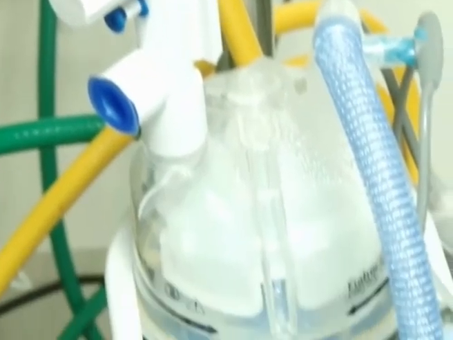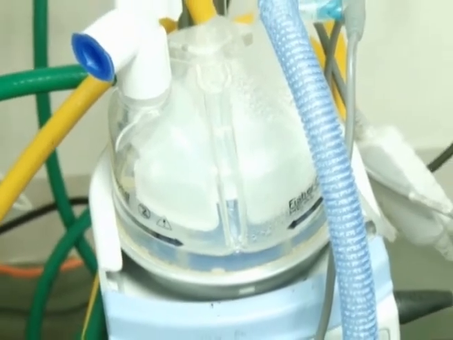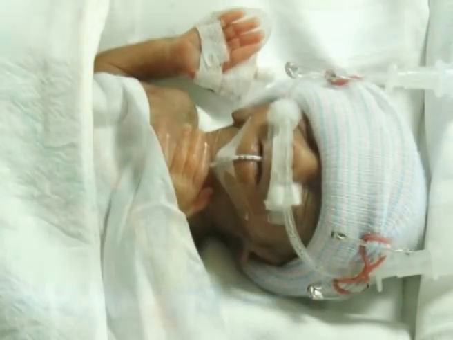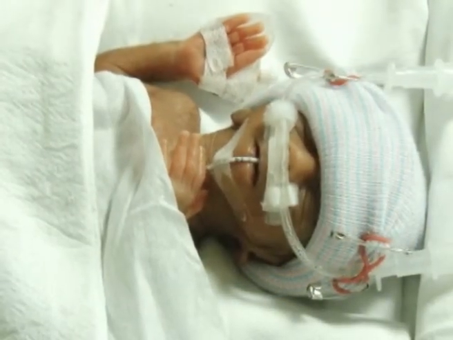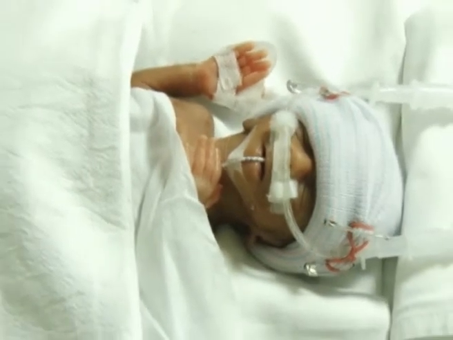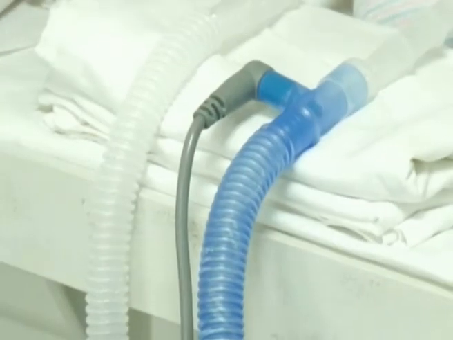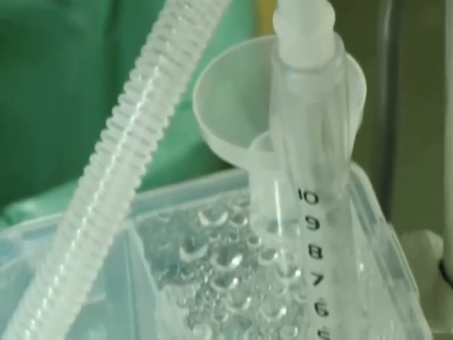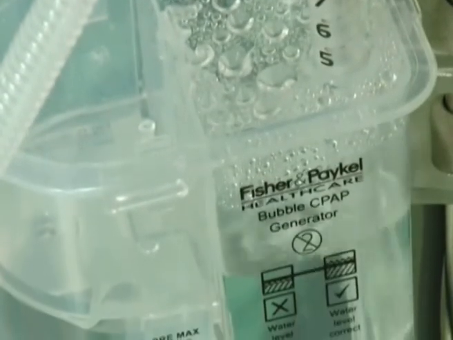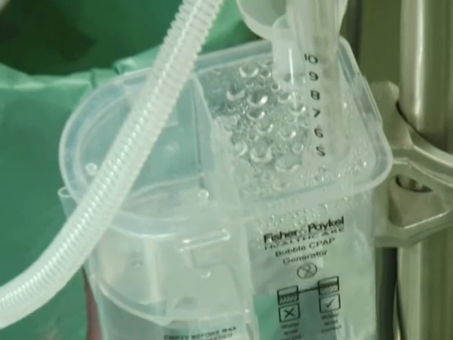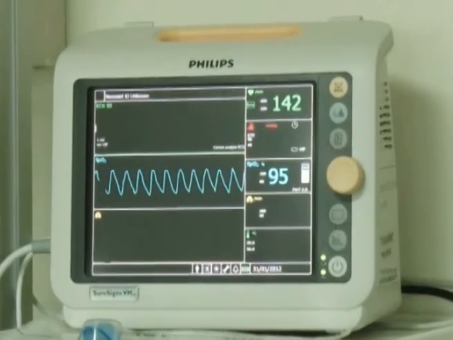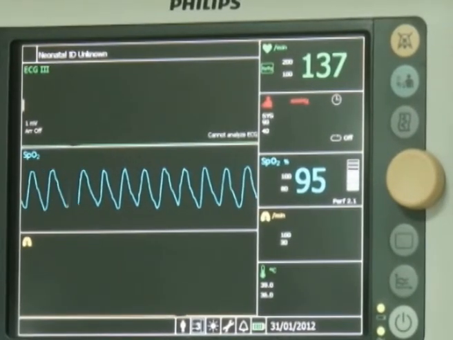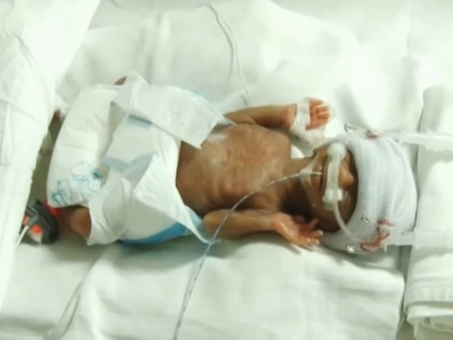The gas is going into the humidifier, getting warmed there, coming out at 37 with 100% relative humidity, getting warmed in the inspiratory limb, going to the patient at a temperature of 37 with a relative humidity of 100%, and from the patient the gas is coming down in the expiratory limb. There is going to be condensation in the expiratory limb, and this is bubbling in the bubble chamber, and you can see that even if the water trickles, the extra water falls into the side chamber. So this forms the complete circuit which is required to give CPAP for a newborn baby.